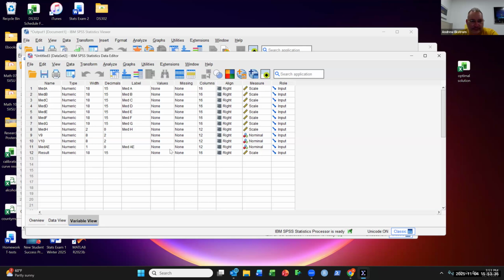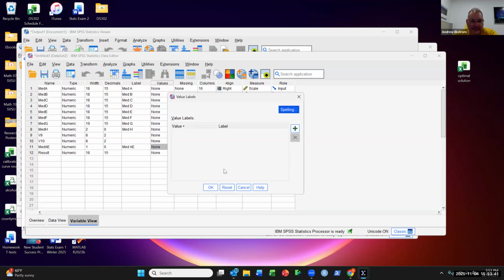Now I can come up here where it says none, and I can actually put in some new values here. There's the green cross with the white background. So if I click on that, my numeric value is 0, and I'm going to call that, we can just call it med A and leave it with a space in there. Not going to be a big deal. Going to come back up here, click on that again. Going to say that my value 1 is now